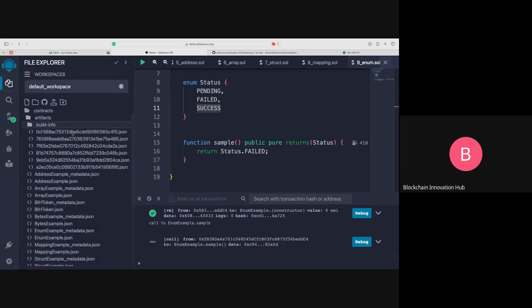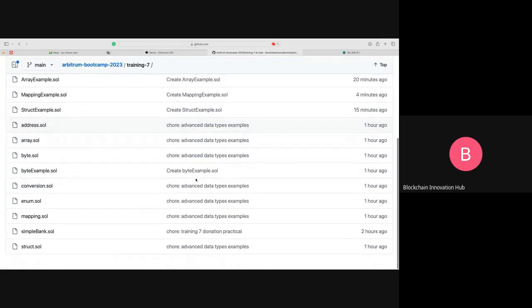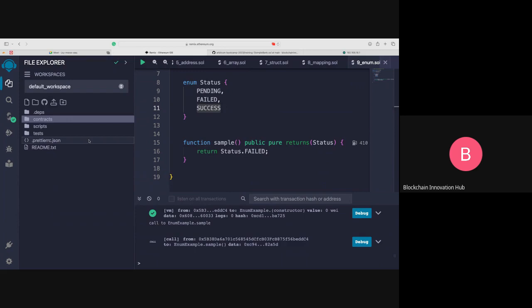Our contract is called, let me check it on this thing. It's called a simple bank. A simple what? A simple bank. In this our simple bank, we